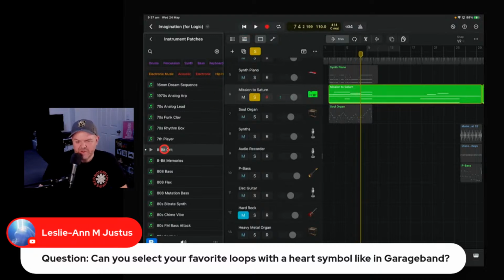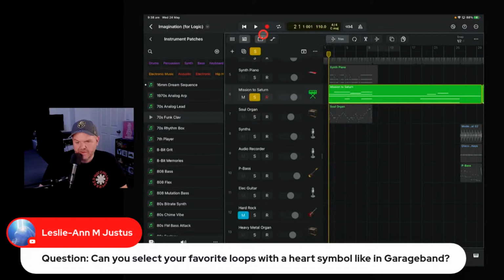And the alternative way to do that is without that enabled. If we tap that off, then when we're moving around, it's not going to actually change it. What you then need to do is what I was showing before, tap and drag and dump it on there. And that's how it's going to change the sound in your track. Well, that sounds kind of cool with that funk clav. Yeah, no, I'm going to leave that one on there for now. So, short answer, yes, you can use favorites, and there's a whole bunch under the hood that you can do with them.